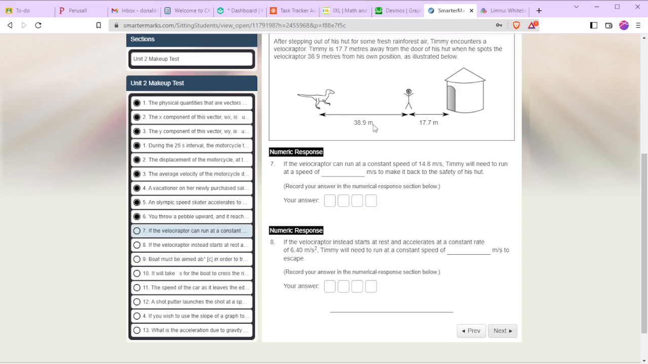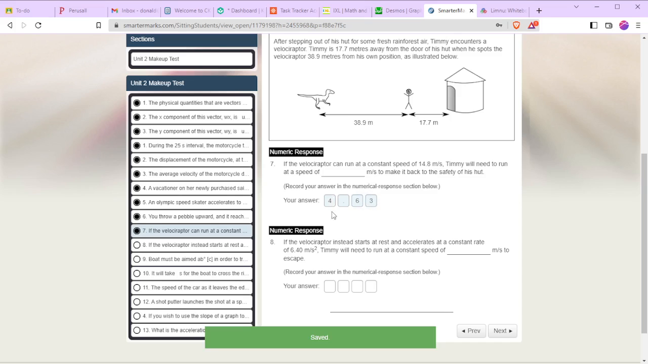So, how fast can the velociraptor make it? We look at the total distance and divide it by the speed. So the velociraptor is going to make it in 38.9 plus 17.7, all divided by 14.8 meters per second. So the velociraptor makes it there in 3.82 seconds. Timmy has to go 17.7 meters in exactly that much time. So Timmy has to go at about